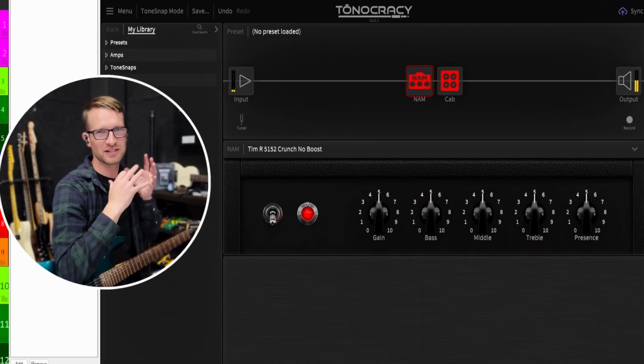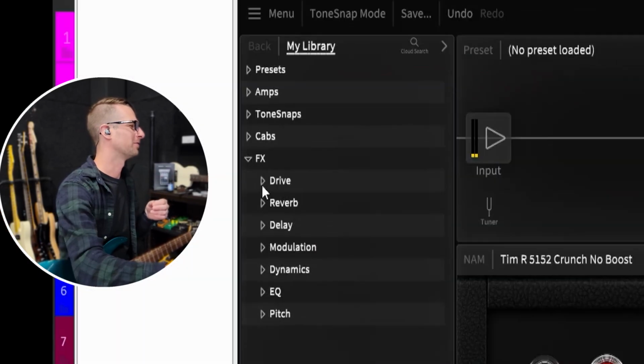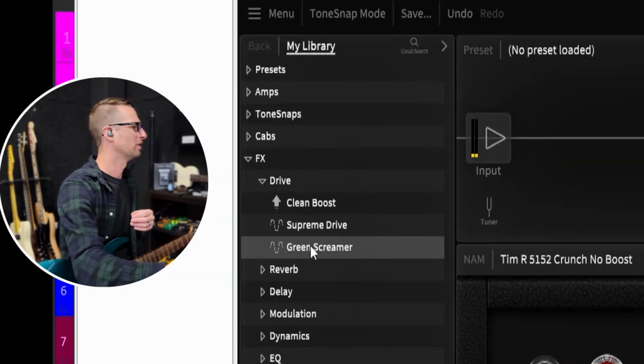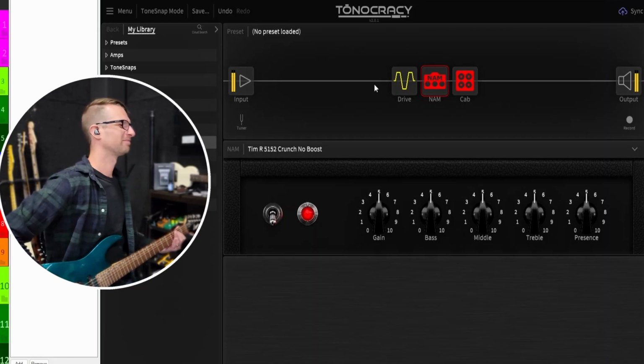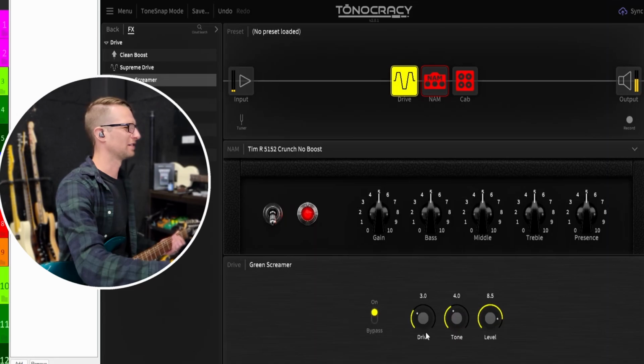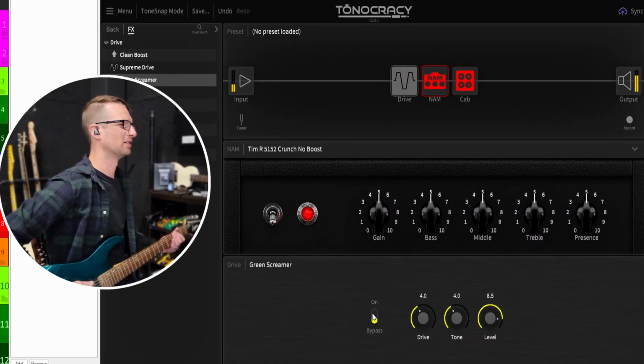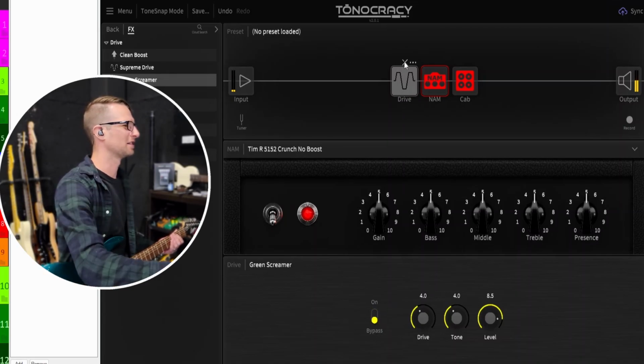You got your IR. Now this is what everybody's been missing about NAM: no effects. Well, Tonocracy has effects. Let's throw Green Screamer Drive in front. And when you click on the drive pedal, you get the settings down here. Then you can also bypass it from here as well. And if you want to take the effect out of the chain, you just hit this X above it